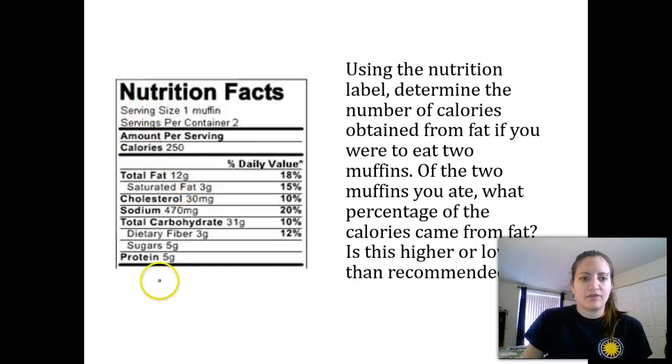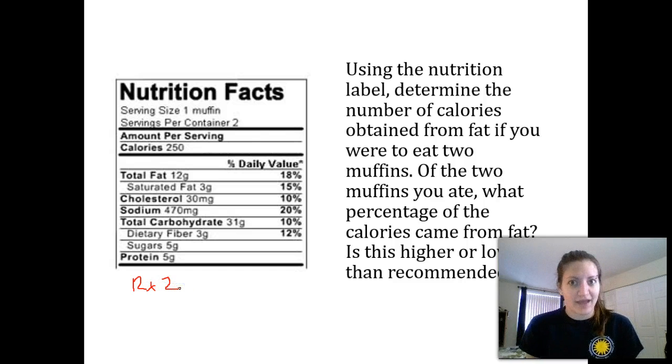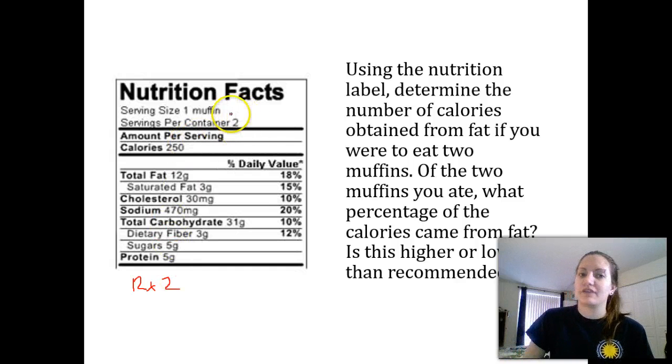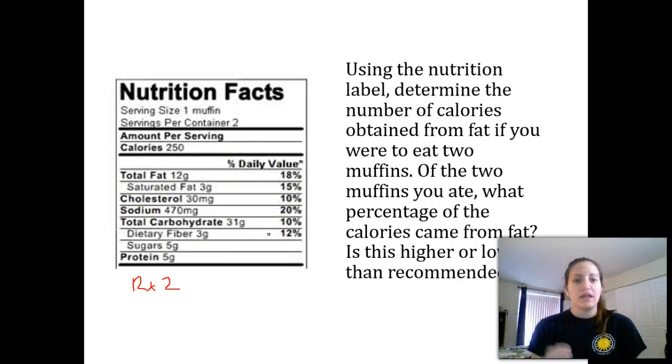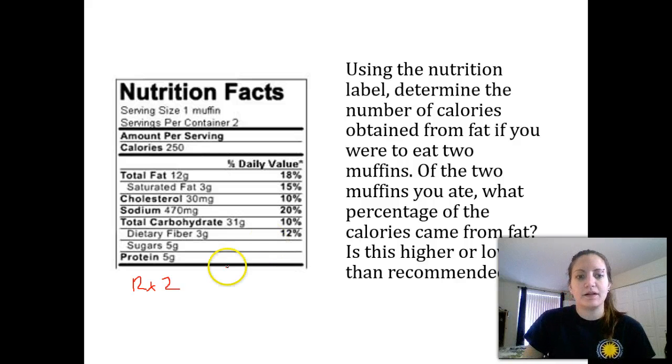So let's figure out fat. So fat has 12 grams. Now I'm going to times this by 2, and hopefully you guys caught that. I said that I eat 2 muffins, but look at the serving size on this label. 1 serving size is 1 muffin. So all of these labels and all of this nutrition information is for just 1 muffin, but I'm curious about 2 muffins. So I'm doing 12 times 2 to get 24 grams of fat,